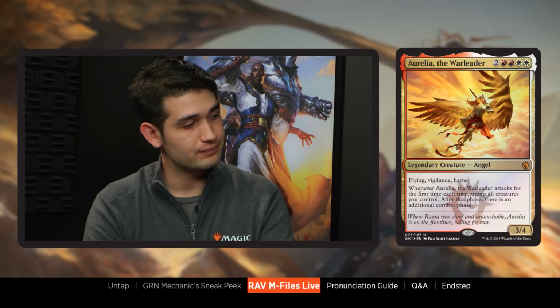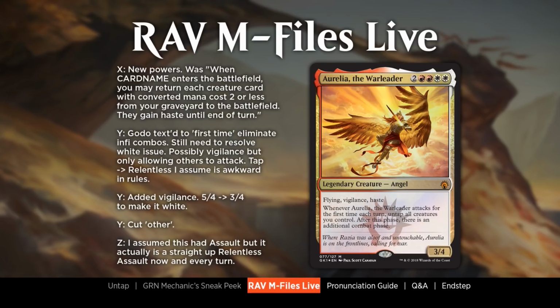Gotcha. Adding the vigilance as well. Because on a mono red card, flying is okay on like a dragon or a phoenix or something. So they probably looked at it and was like, can we just print a dragon with this text, right? So they probably just made it a little smaller, added vigilance. Now it feels more like a white card. Okay. All right. Let's move on to another